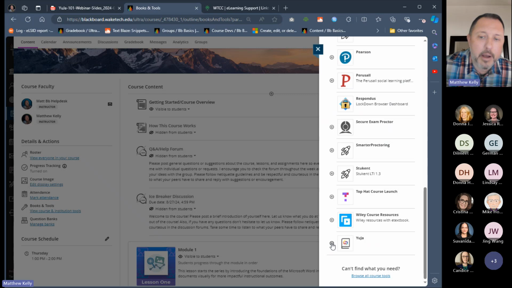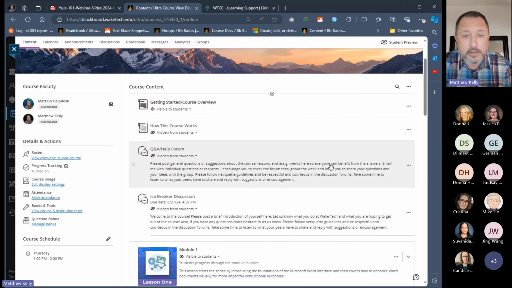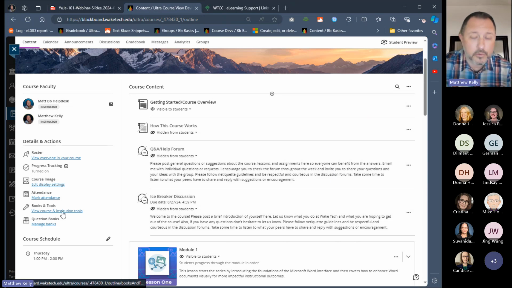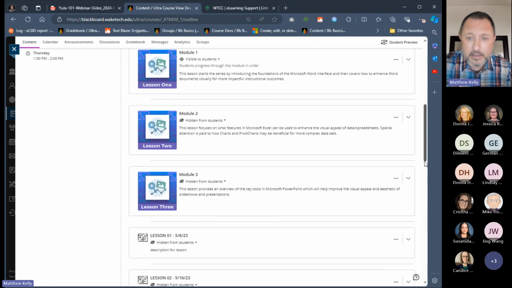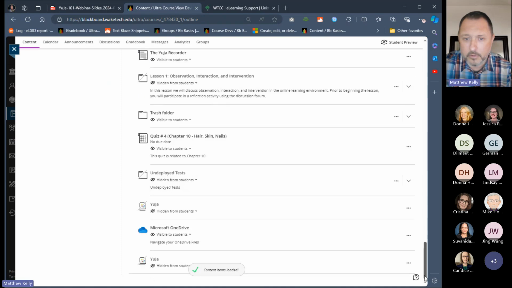If you click that button, a link to YuJa is going to be inserted into your course content. Now, if we just go to Books and Tools and we click that add link button, by default, that link should be added all the way at the end of our course content. And there you see it down at the bottom of the course content. By default, it's hidden from students. You can always make that visible to students so that either you or your students can access the YuJa media platform.